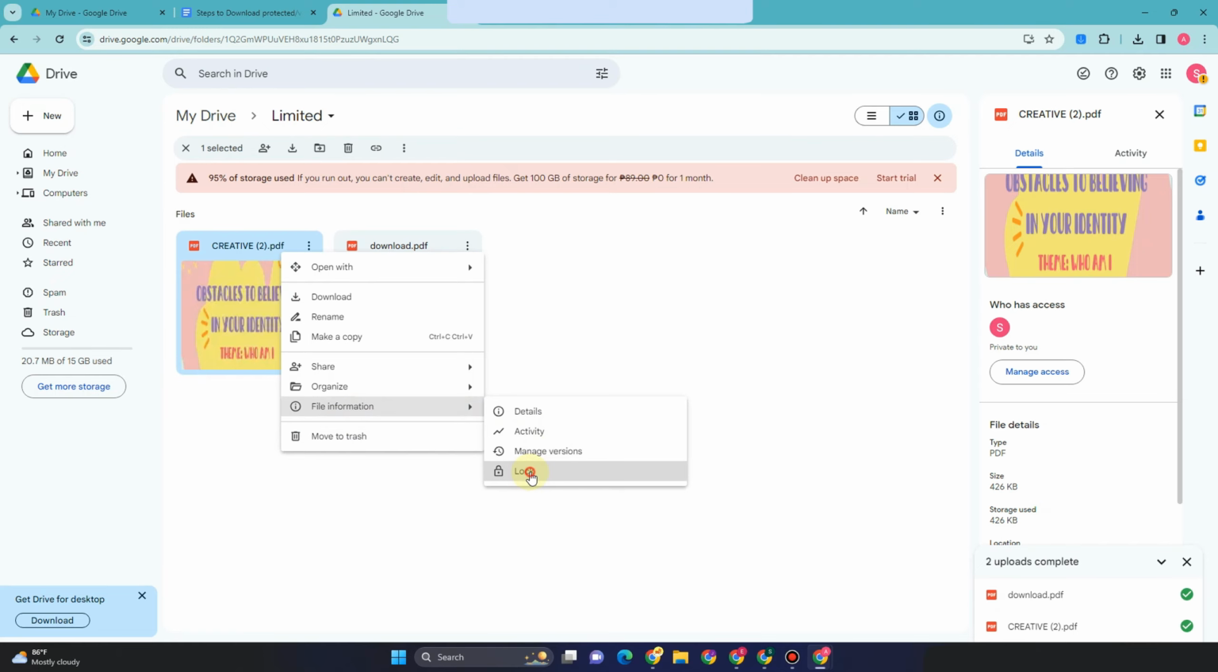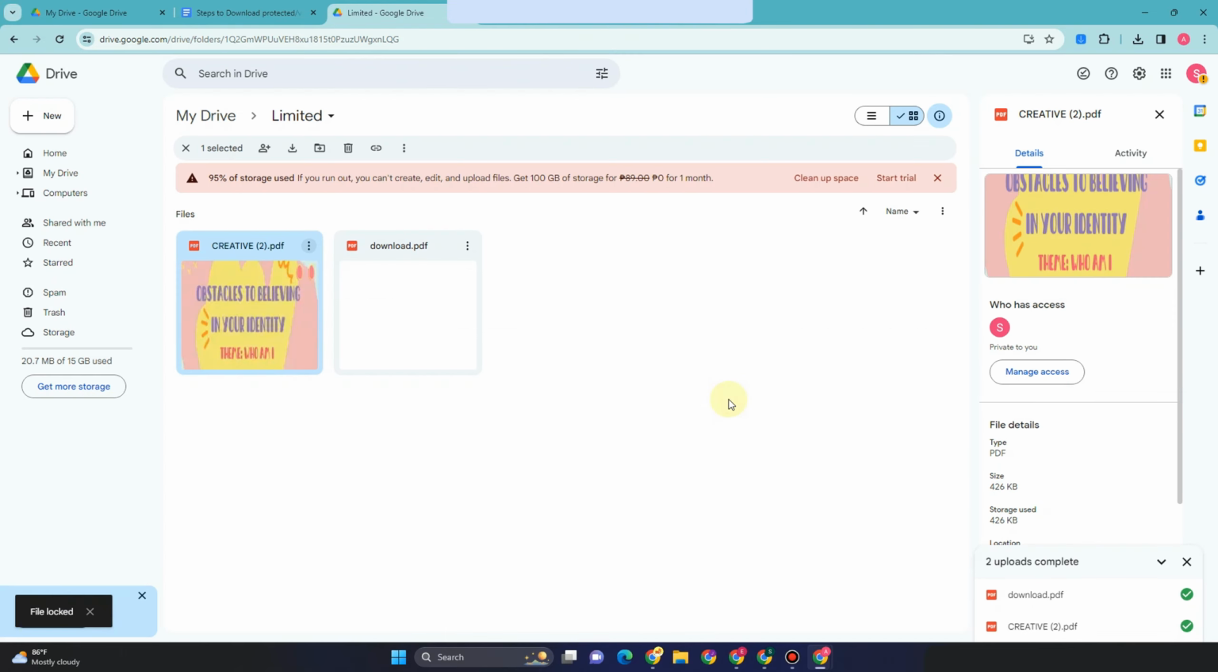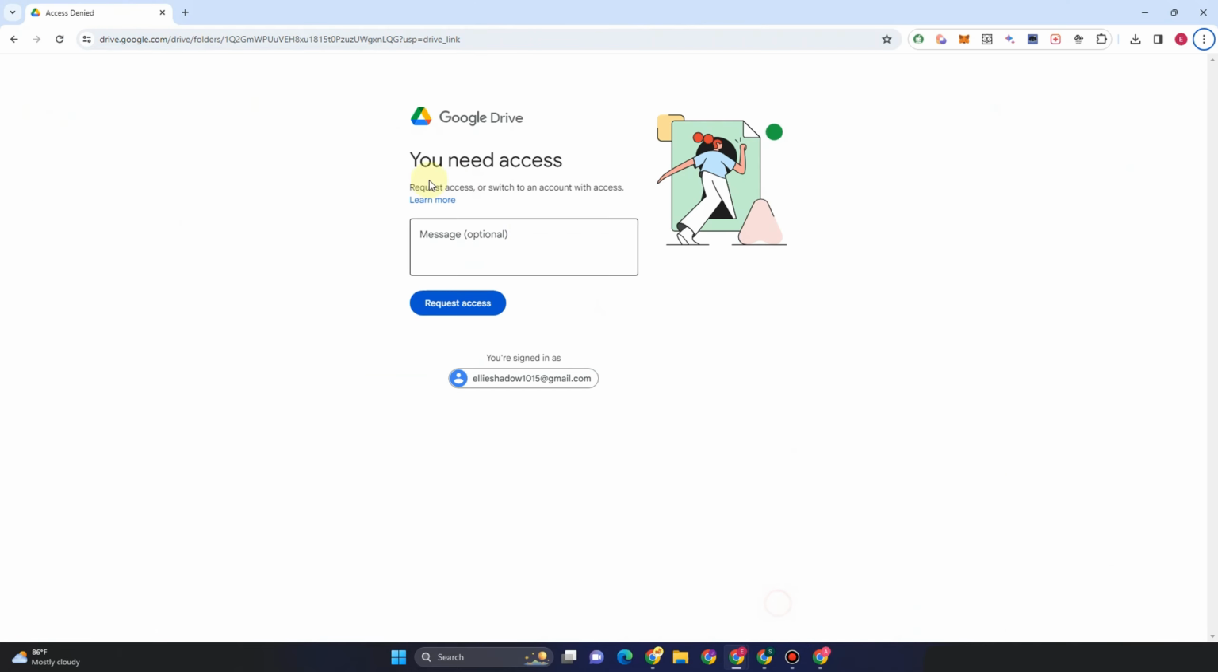So that's it. You can also lock your file. You just have to tap these three dots and then look for lock file and lock this. But either way, if you want to lock or restrict your folder,